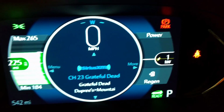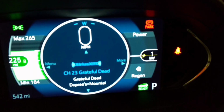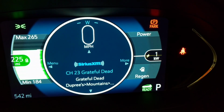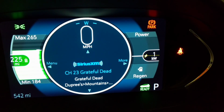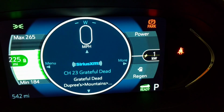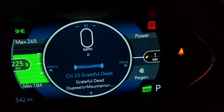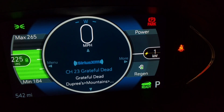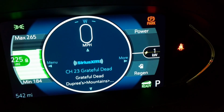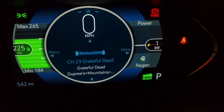Well, there you have it. 1 hour of charging brought the battery back to 70%. It's showing 225 miles of range at 70%. It went from 3% to 70% because I got over 300 miles on my last charge, so it assumes I'm going to do just as well this time, so it's going to show a higher minimum and maximum. So when I get this to 100% charge, it's probably going to show me at a range of 300, which is kind of interesting. But maybe I'll drive more aggressively and bring it down a little bit, because I drove rather conservatively before. So anyway, that's what you can kind of expect about getting your charge back using an EVgo